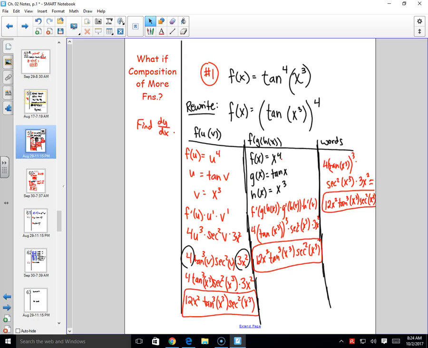Then peel off the fourth, and then it was time for tangent. Derivative of tangent: secant squared. Keep the inside, it's still in there. Then finally you get to the x cubed and you get the 3x squared. So let's go ahead and